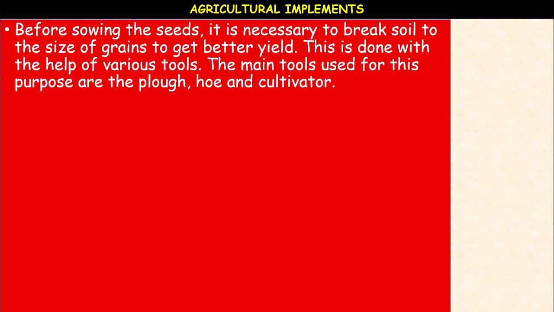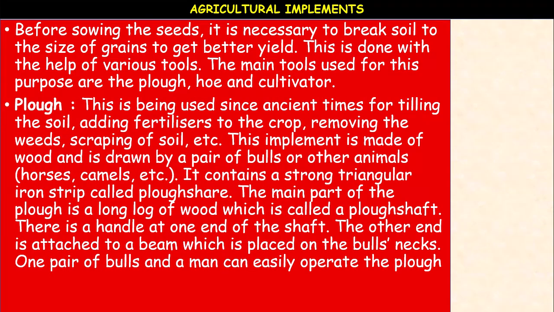So, before sowing the seed, it is necessary to break the soil to the size of grains to get better yield. This is done with the help of various tools. The main tools used for this purpose are plow, hoe and cultivator. What is a plow? It is an important implement. Okay, it is an agricultural implement made of wood and is drawn by a pair of bulls or other animals. It contains a strong triangular iron strip called plowshare, which is attached to a,